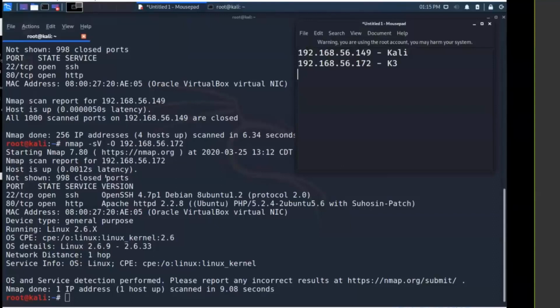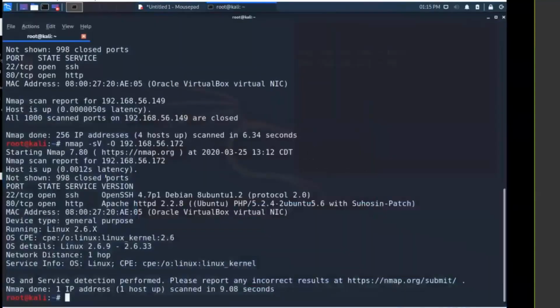We're going to again do everything from the command line. So I am going to type in nano /etc/hosts. Okay? The etc hosts file tells the operating system, in this case Kali, where to find machines based on domain names,